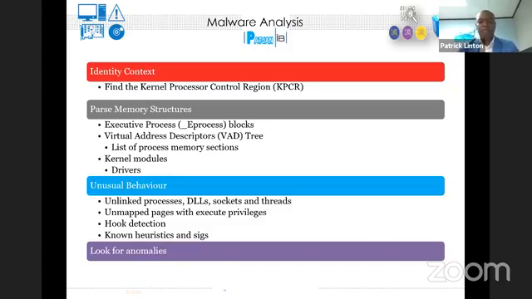So we look for kernel processes. This is kind of technical, maybe depending on the audience, I don't know, but I'll say them nevertheless. We look for processes that have come to an end, but are still resident in RAM. We will look for unlinked libraries. Every time you have an application loading in RAM, it's called a process, right?